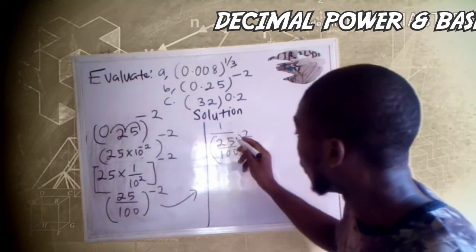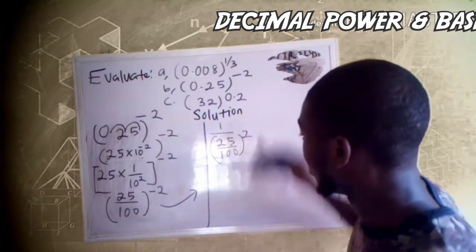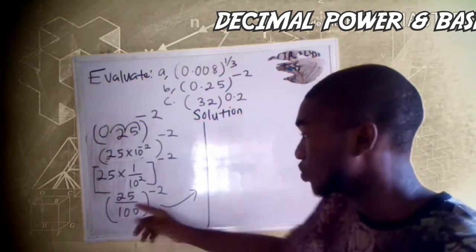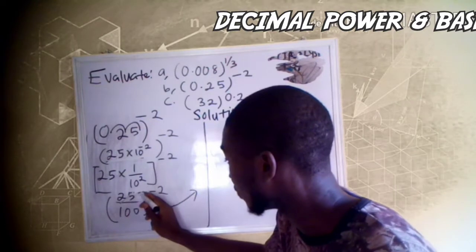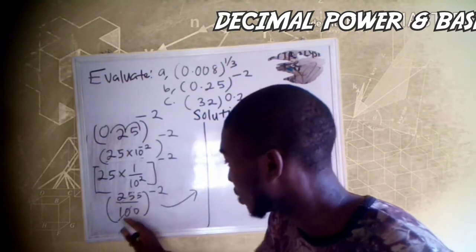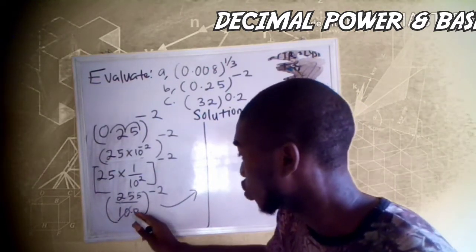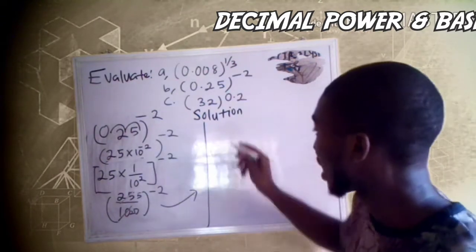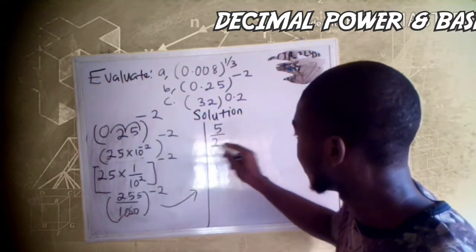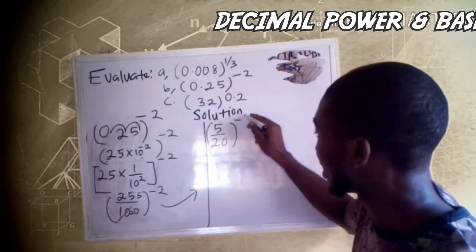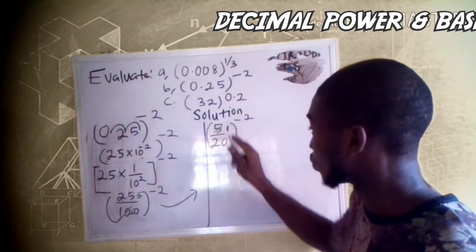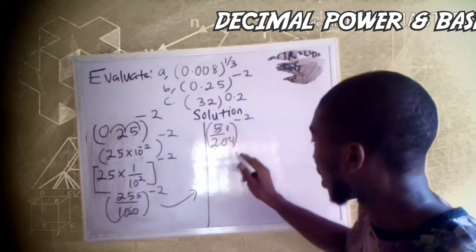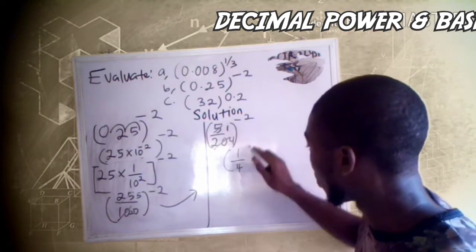Or let me do it this way. Before I apply the law of negative index, let me reduce these to the lowest term. So 5 can go here to give us 5. 5 into 10 will give us 2, so this is 20. So we now have 5 over 20 to the power of minus 2. We can still reduce further. 5 can go here to give us 1, 5 here can give us 4. So we now have 1 over 4 to the power of